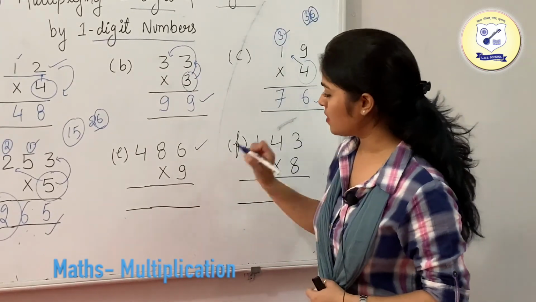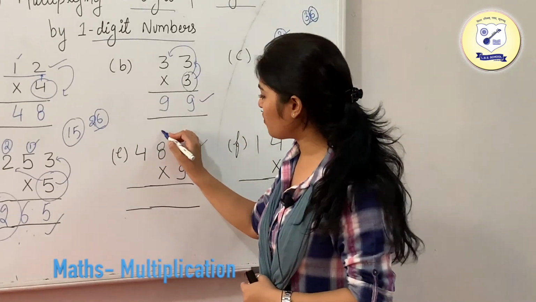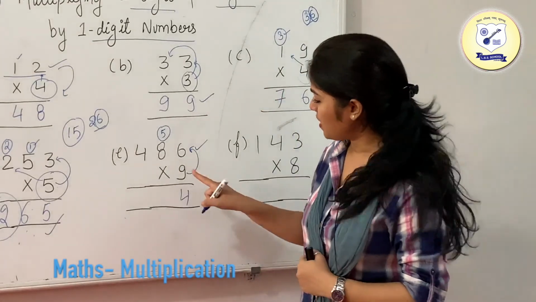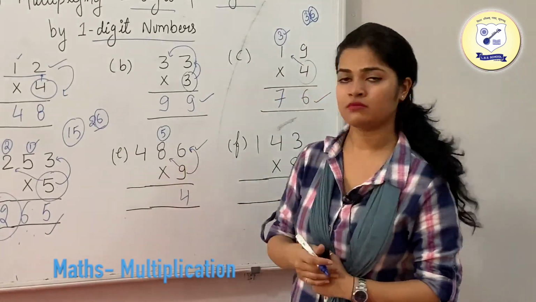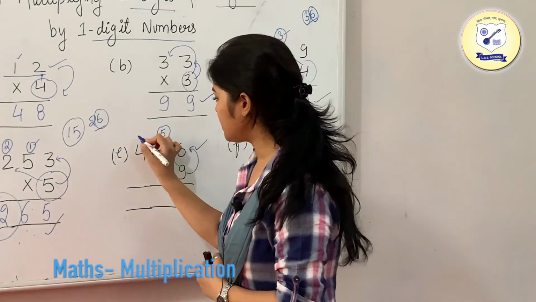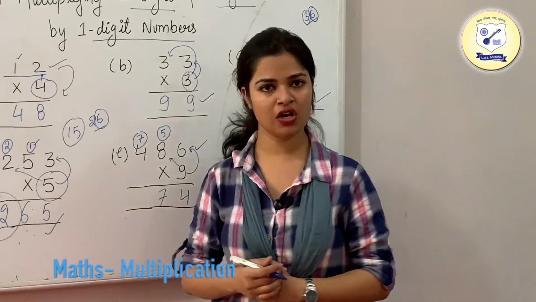Now again we are having a 3-digit number, and we are going to multiply it with a 1-digit number, which is your 9. So just do the same thing. 9 6s are 54. So we are going to transfer 5 as your carry, and will write 4 over here. Now we'll multiply 9 by 8. 9 8s are 72. 72 plus 5 is 77. So just write 7 as your carry and just write 7 in your answer.